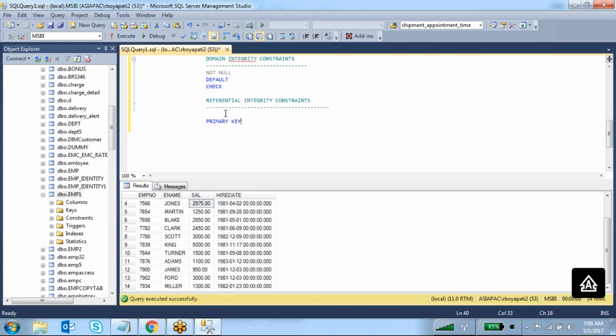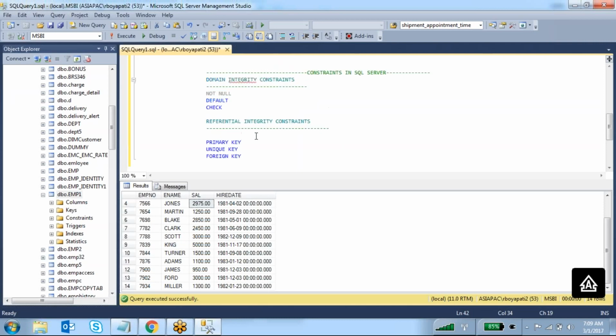Primary key, unique key, foreign key. These are the constraints we have. First we'll see these domain integrity constraints.